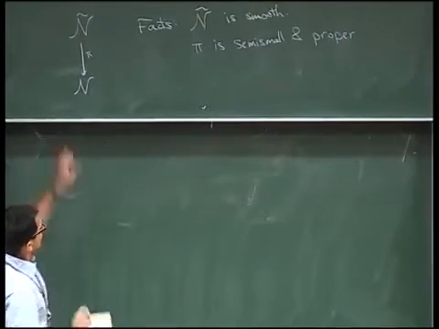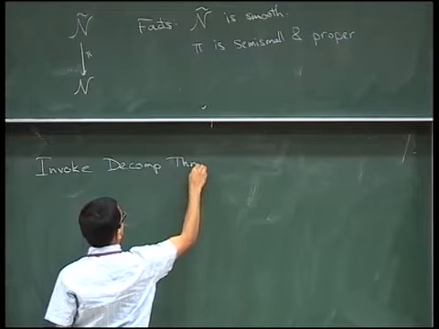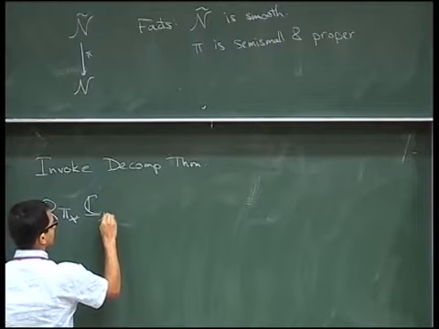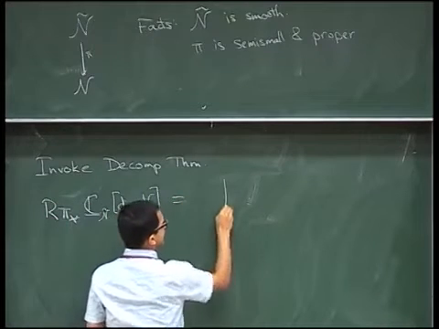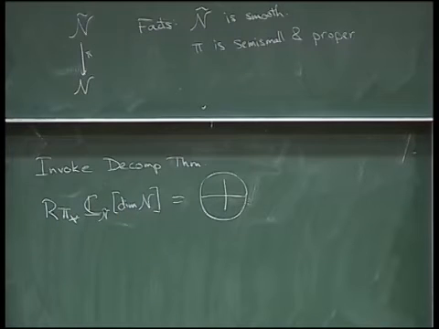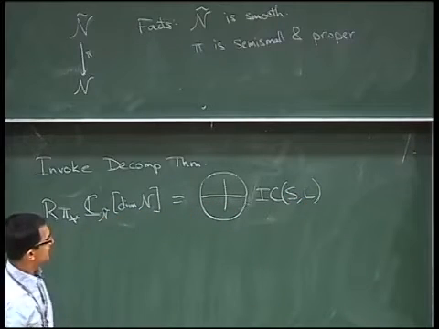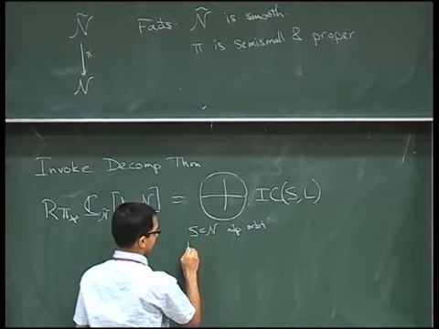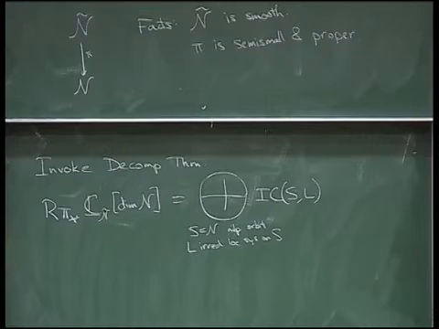So then we can invoke the decomposition theorem from yesterday. And then we find out that the derived push forward of the constant sheaf, shifted by the dimension, is semi-simple. So it's supposed to be a direct sum of simple perverse sheaves. So the kinds of things that occur here are IC_{S,L}. S is a nilpotent orbit, and L is an irreducible local system on S. So I've written this as a sum over all nilpotent orbits and all local systems, and each one of these,